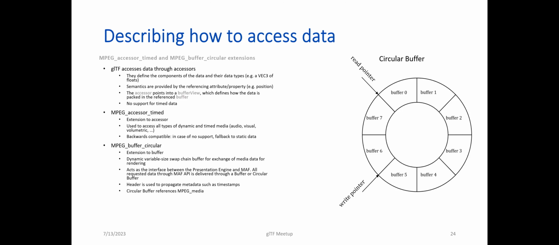So you don't lose frames because the write process is much faster than the read process, or vice versa, run dry if the read process is much faster than the pipeline can feed the buffer. So that's the idea there.